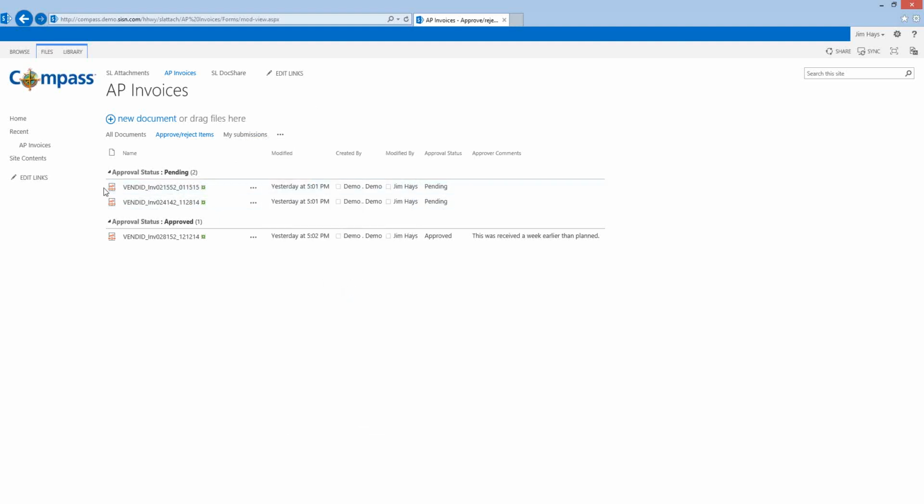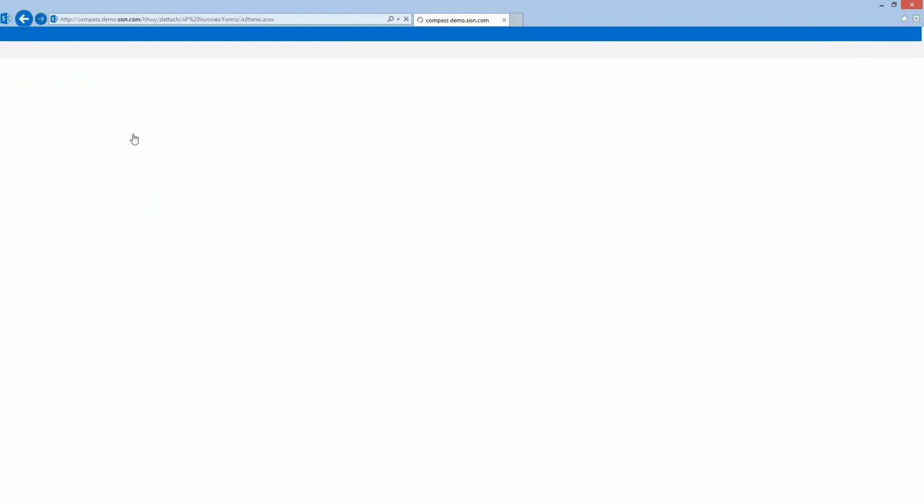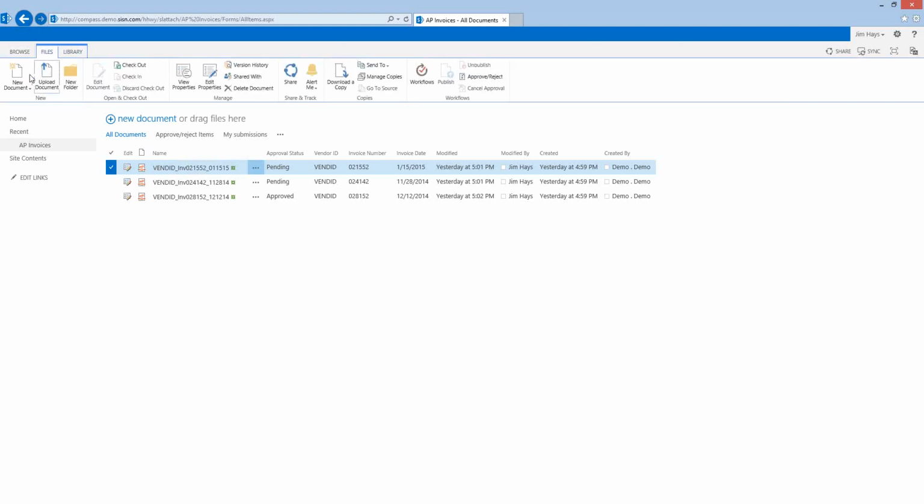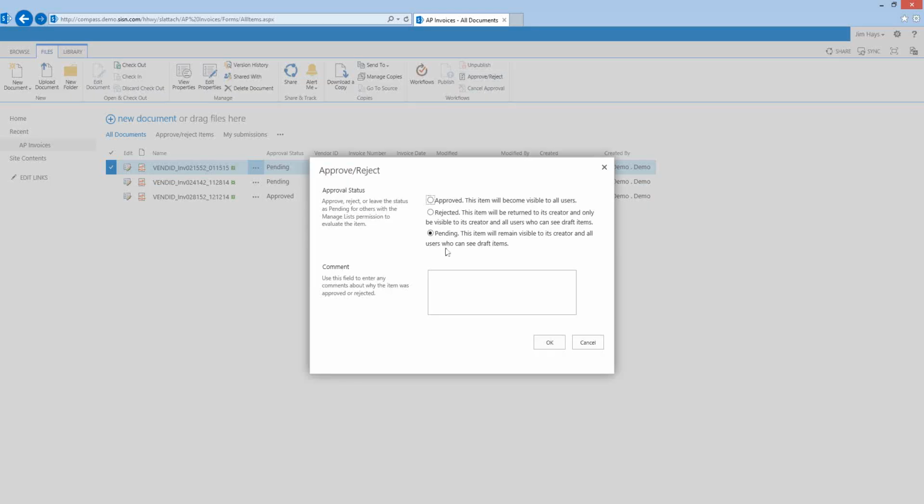Or if I select it, hold on a second. Here has the selector, and I go up to Files, and I get the ribbon for that, and I can click on Approve, Reject up there. So I can say rejected,